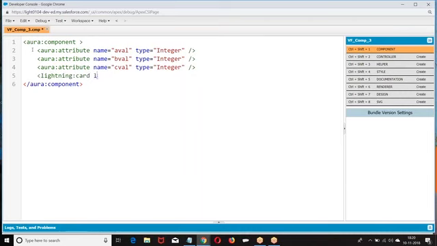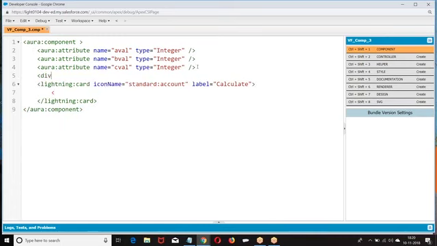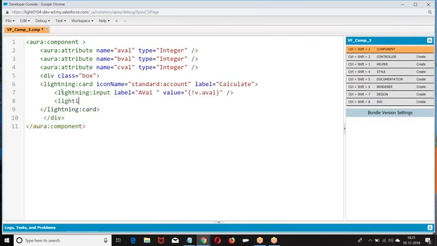Icon name, I'm giving box. I hope we have already done this a number of times.